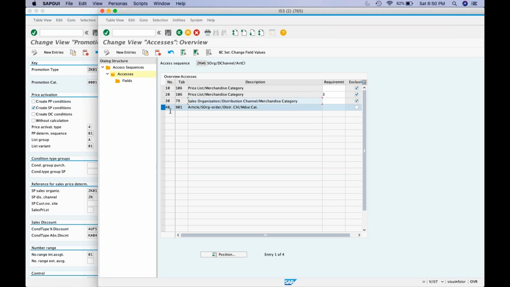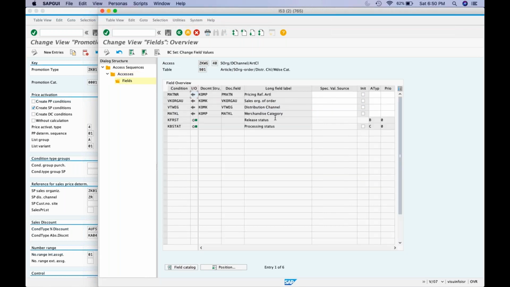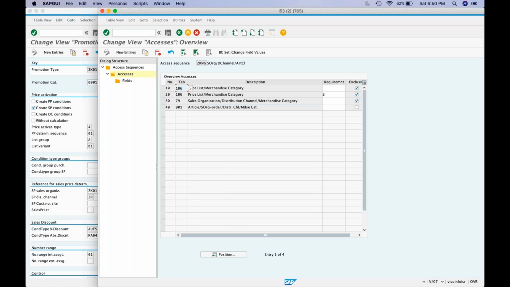It should be sales organization. So it's the wrong one. That's why it's not picking it up. Oh no. I have given the sales organization of order